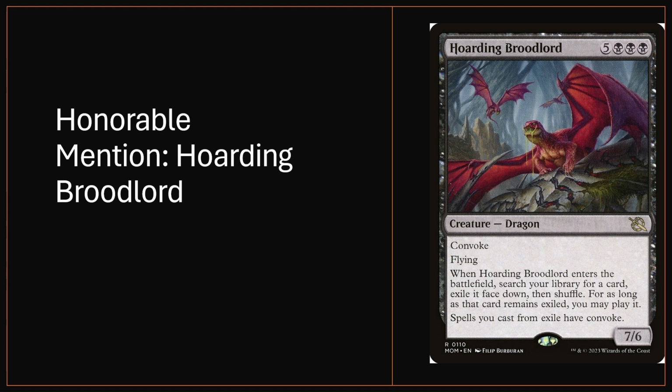So, why this card is an honorable mention is because of a combo that it enables with Saw in Half, where you cast or reanimate the Hoarding Broodlord. Hoarding Broodlord then searches up Saw in Half. You then cast the Saw in Half, targeting the Hoarding Broodlord, using the Convoke, of course, to save you a little bit of mana. And then you search up Sacrifice or Burnt Offering and Peer into the Abyss, which, hitting one of the Hoarding Broodlord tokens, will allow you to make 8 mana, which will be enough to cast said